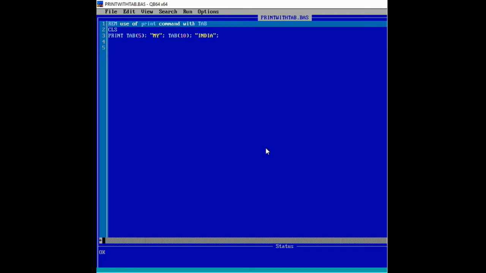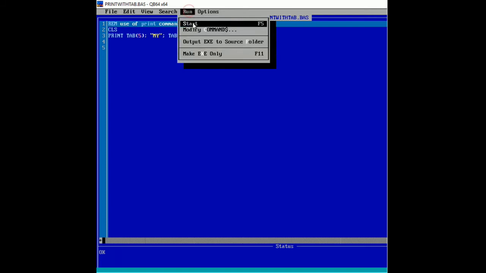Now let us see the use of the PRINT command with TAB. With the TAB option, it will print the data items at specified column numbers. The statement is PRINT TAB 5 with the string my, and TAB 10 with the string India.